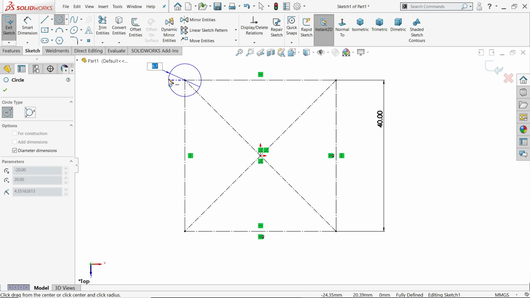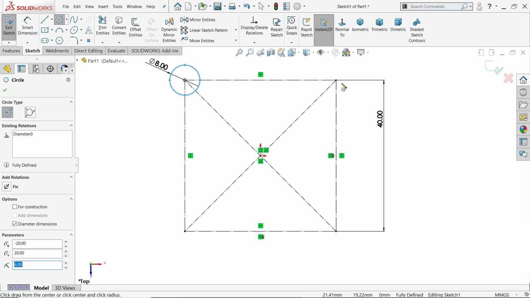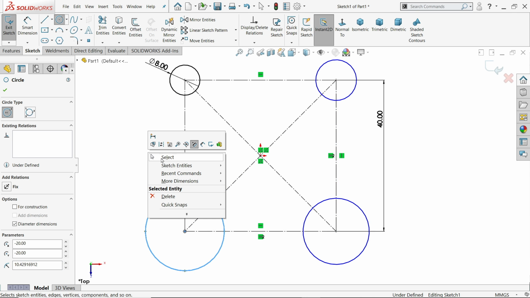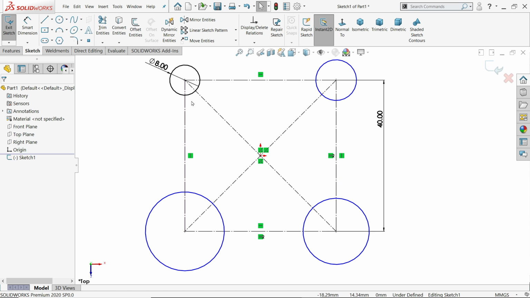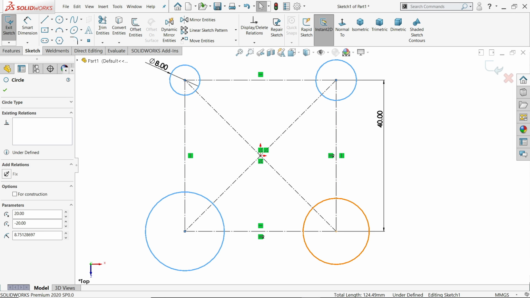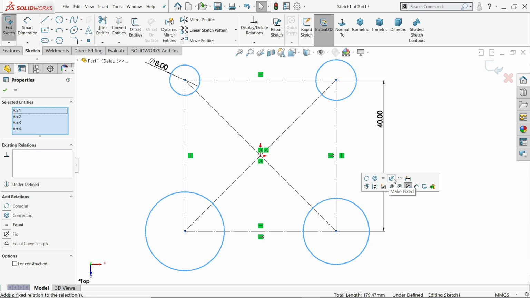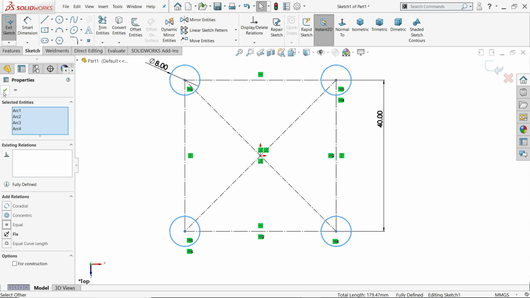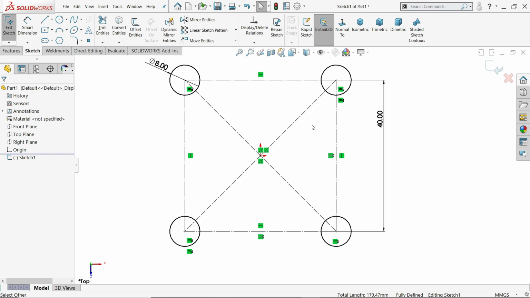Now here draw one circle and make this diameter 8, and then randomly draw some diameter here. Escape key to get out. Now hold shift key and select all edge circles, and once you leave shift key you will see these pop-ups, equal constraint or equal relation. Okay, this is a fully defined sketch.